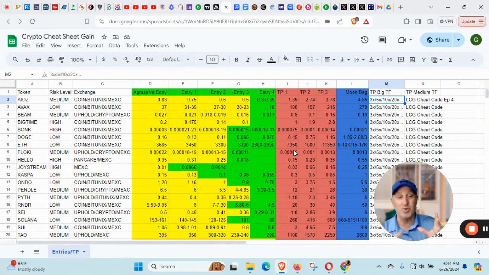What that means is if I bought a coin at $100 and it's now worth $300, I take the $100 profit off the table. If that coin is now worth $500, I'll take more profit off the table. If that coin is suddenly at $1,000 because it 10x'd, like Render did for me, it went from $1 up to about $13, then I take more profit off the table, and I continue to do that all the way up to the moon bag target.